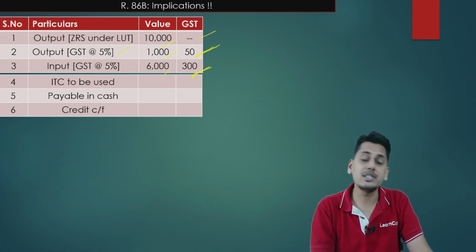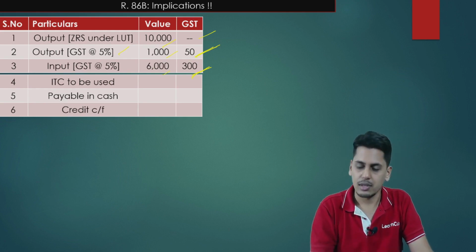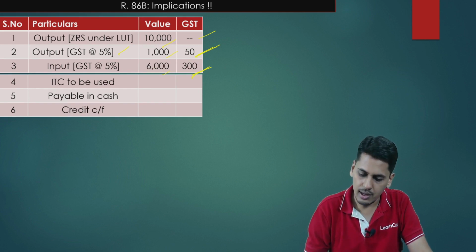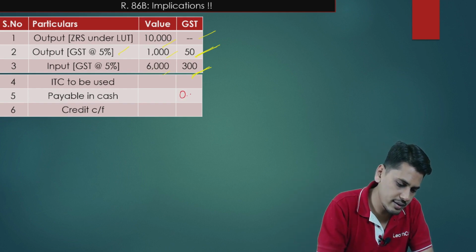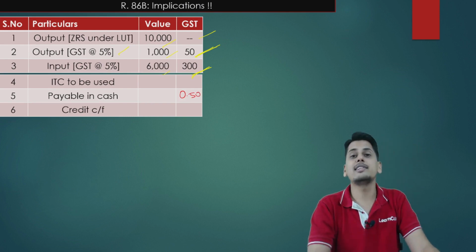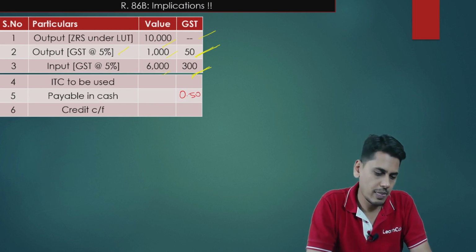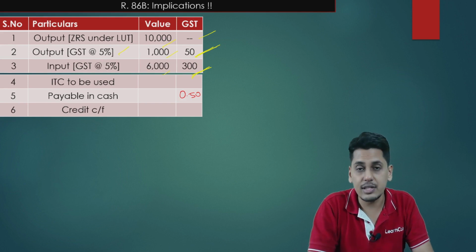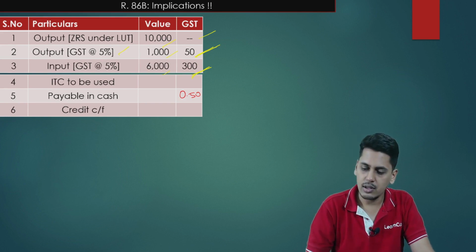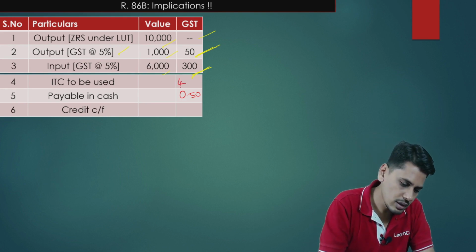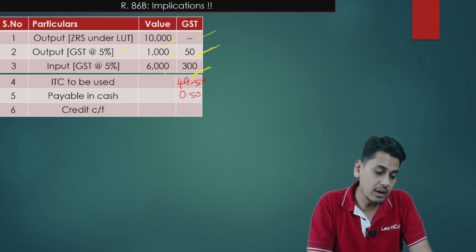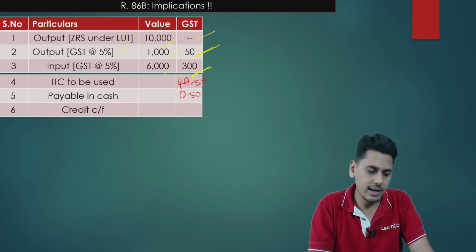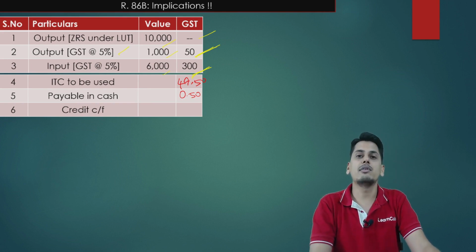So friends, how much he needs to pay from his cash ledger? From his cash ledger, it is going to be 50 multiplied by 1%, at least 0.5 needs to be paid from cash ledger. So friends, 99% he can pay it through his credit ledger. So 50 multiplied by 99%, 49.5. So friends, this liability of 50, 49.5 will be from electronic credit ledger and 0.50 will be from his